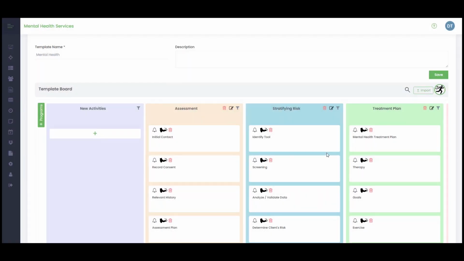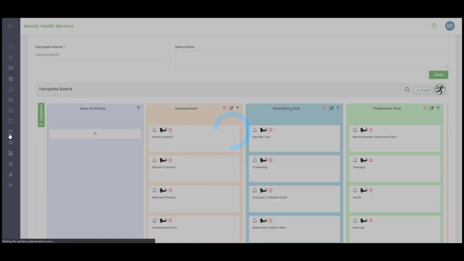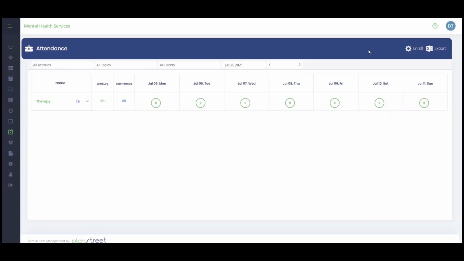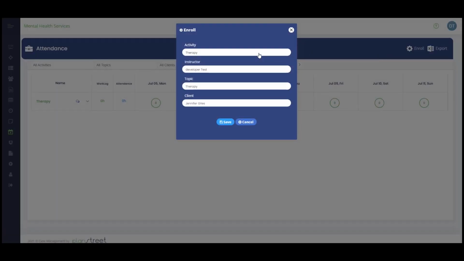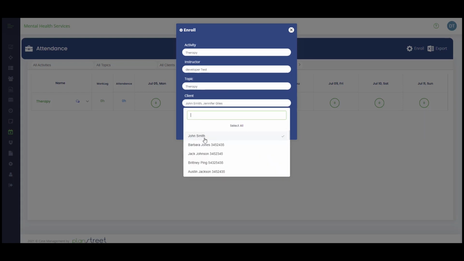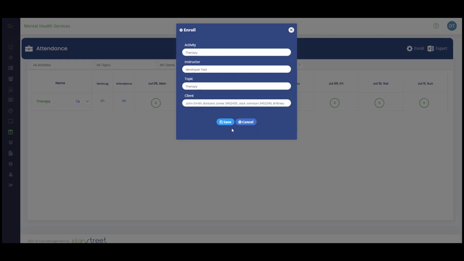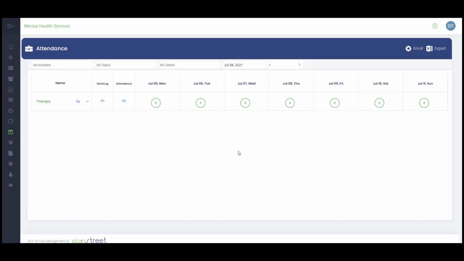Once we establish a class as part of the template, we can use the attendance function. From here, we can enroll the clients into the classes that we've created. First, we assign an activity such as therapy. Next, we're going to choose our instructor. Then we will pick a topic, which is a class. And the third is we will enroll all of the clients that are needed to be part of this particular class. Once we've gathered all that information, we can save the class,